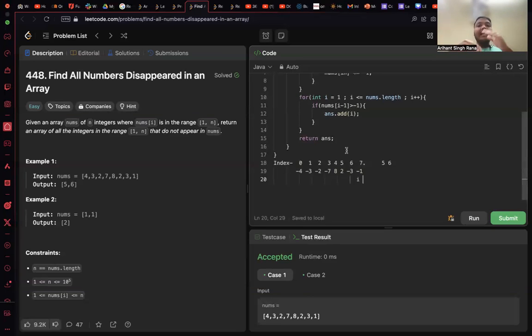Now, as I told you, the elements inside the array themselves are being used as the index for letting the array know their presence. And how are they letting the array know their presence? By getting themselves minus by 1, because as I told you, the indexing starts from 0, so automatically all the numbers corresponding to that have to minus themselves by 1 to represent their own unique indexes. So for example, as you can see that at the fifth index the element is positive over here, and as we know that it is beginning from 0,